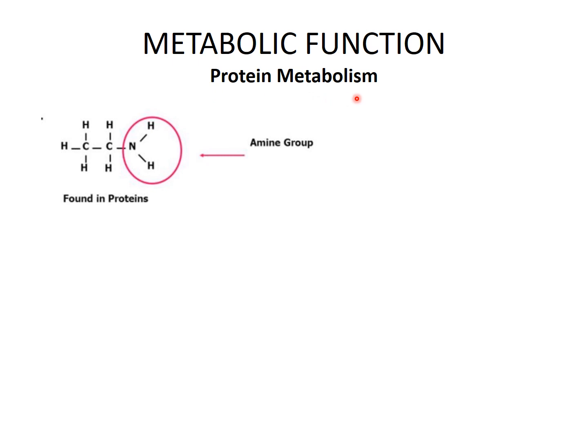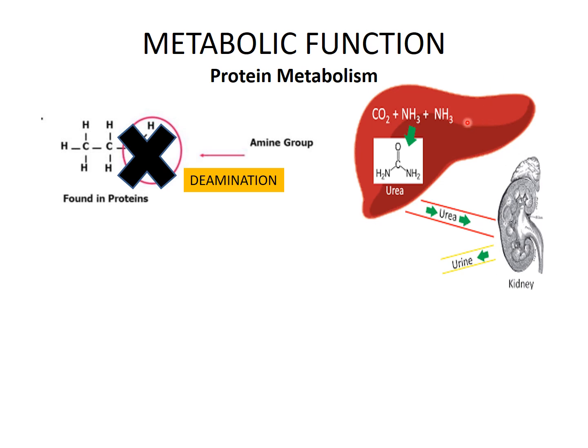Now coming to the other type of metabolism, the metabolism of protein. Why is it important in the liver? Because protein turnover, that means breakdown and resynthesis of protein, occurs 50% in the liver. So the liver plays an important role in protein synthesis. We know that amino acids have an amine group. What happens in the liver is deamination of these amino acids. And why is this essential? Because it helps to convert them into carbohydrates and fats. So when we want proteins to be converted into an energy source, we require this deamination process.